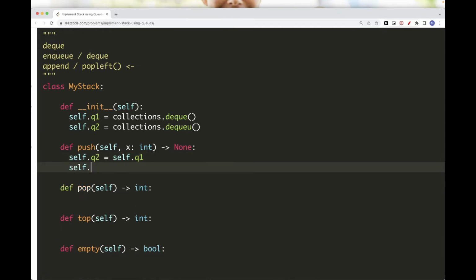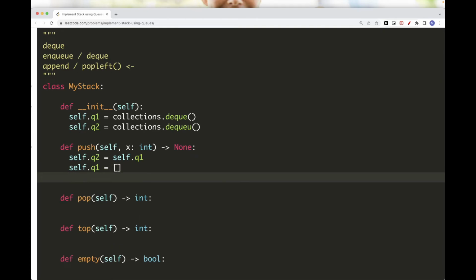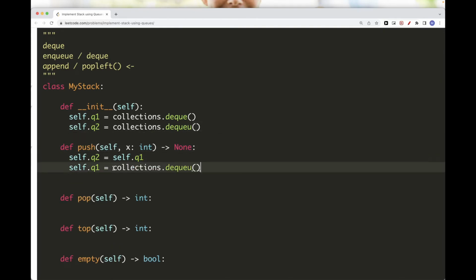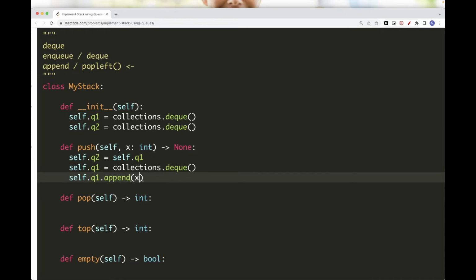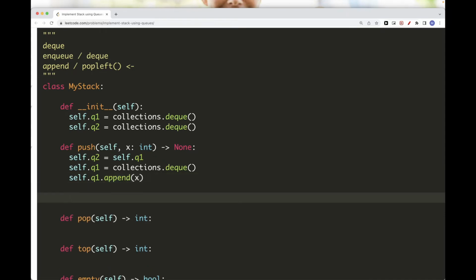And then we want to empty out Q1. We want to initialize it to an empty DQ. And then the second step is to push the element to Q1, so that would mean append X. And then we want to move back the content that we put temporarily in Q2 back to Q1,